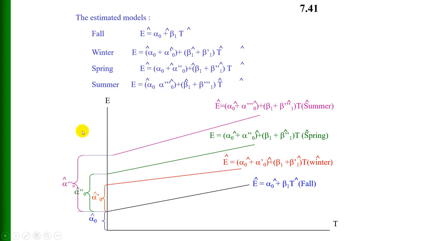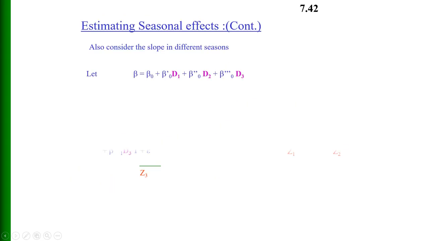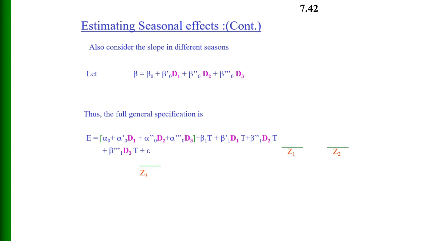In summer, the intercept is much higher. The cost of electricity spending is much higher as compared to spring and winter and so on. So this is estimating seasonal effects. Also consider the slope in different seasons. This is the model. So the full general specification is this,